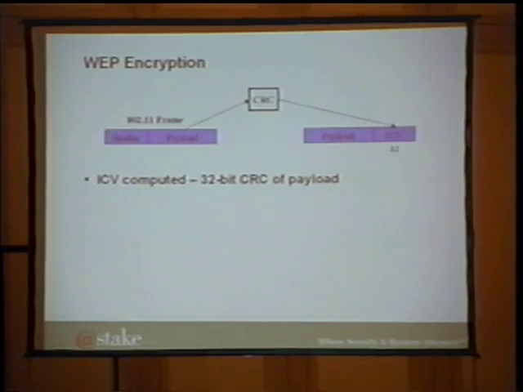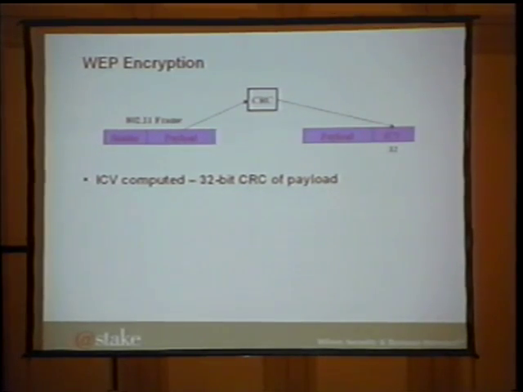So I'm going to give a quick overview of what it looks like to encrypt and decrypt WEP packets. Before you start, you have an unencrypted packet, which I have represented by the 802.11 frame on the left-hand side, which consists of a header and a payload. The first thing that happens in the process of encryption is a checksum is computed over the payload. This is a 32-bit CRC checksum, and when it's finished, this value is appended to the payload to form what you see on the right, which is the payload, followed by an ICV. The ICV is another word for the checksum.